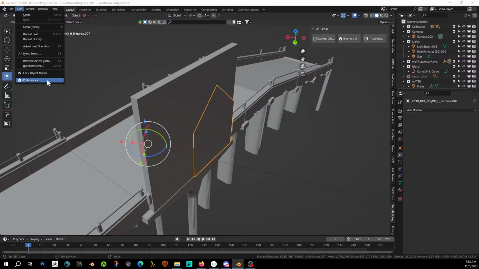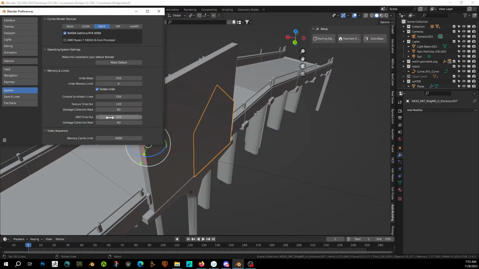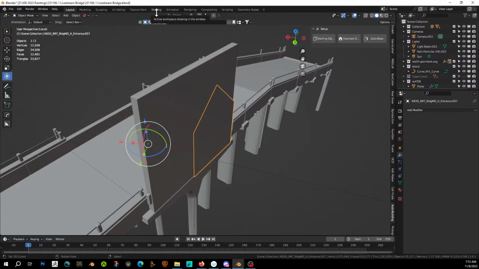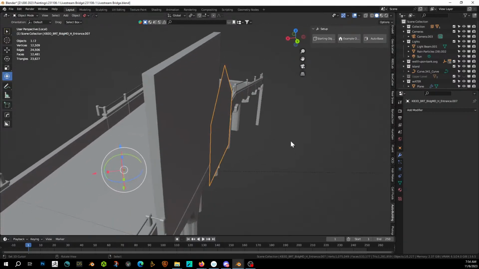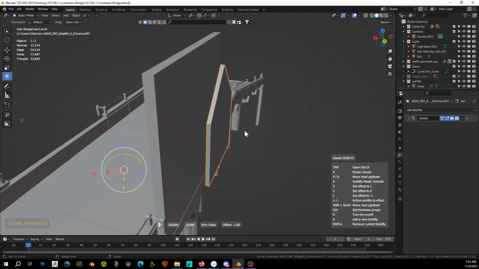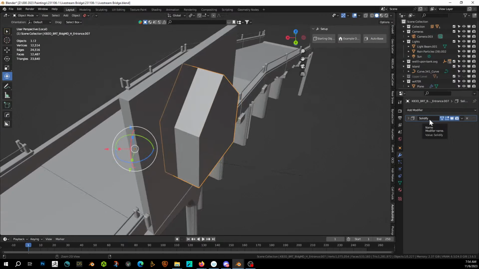So edit, preferences, system, undo steps 256. I mean, it does tend to make your files a lot bigger, so be aware of that. But yeah, that's how you do it. Okay, cool. Control A, apply,